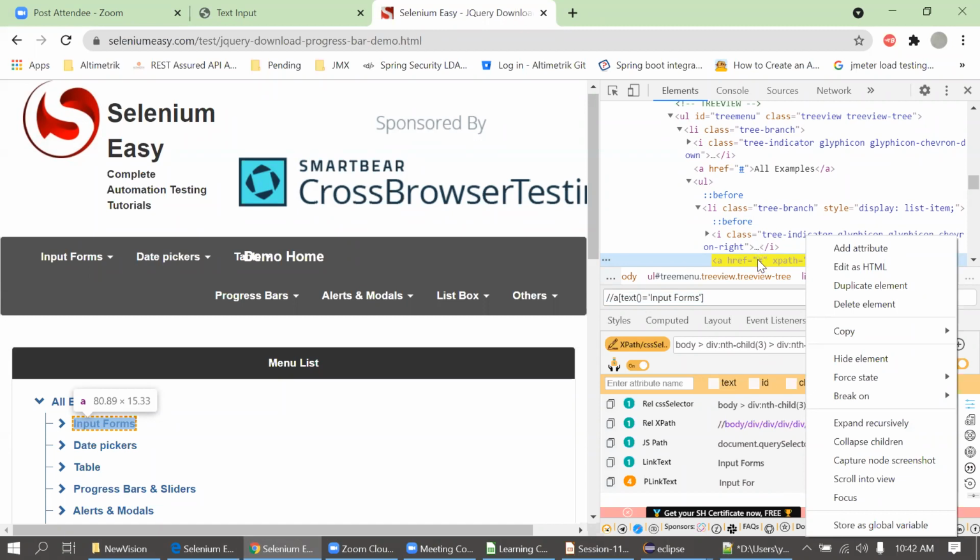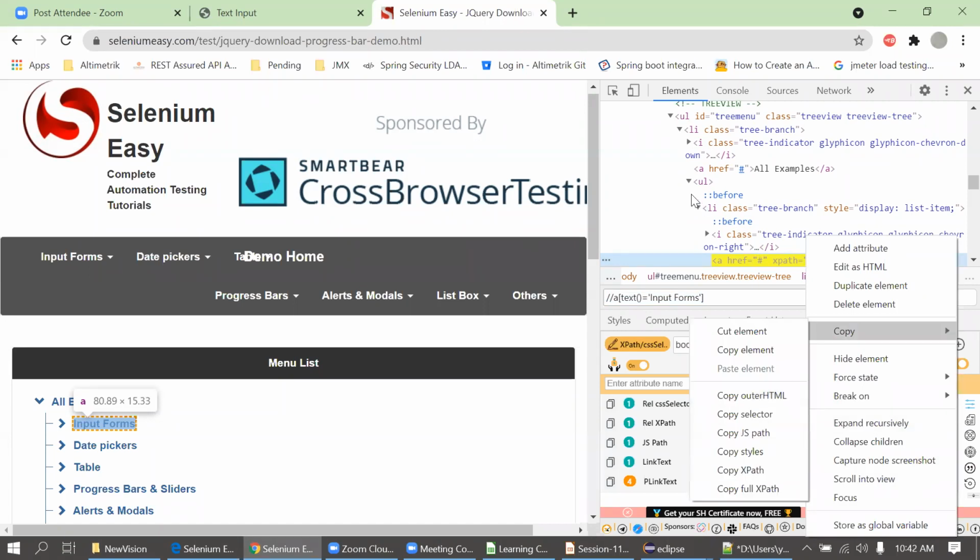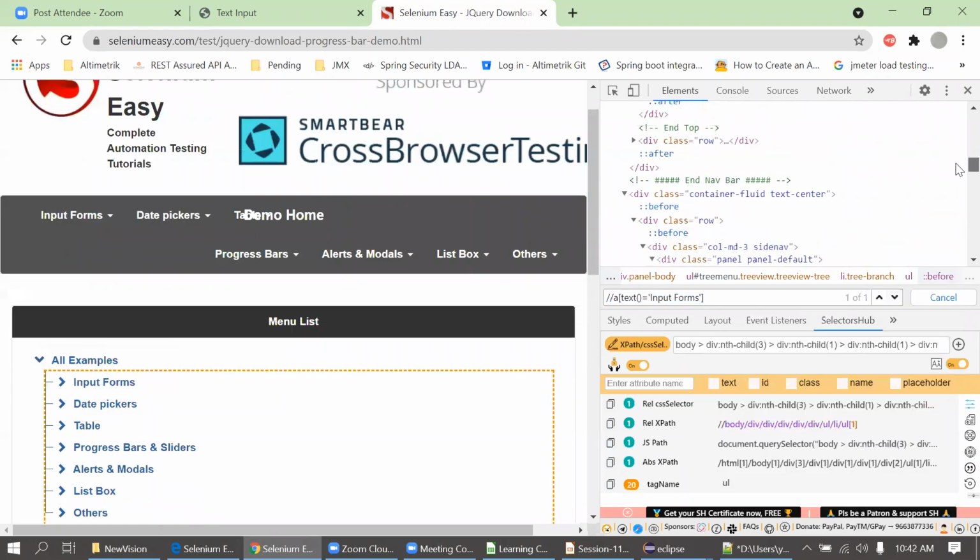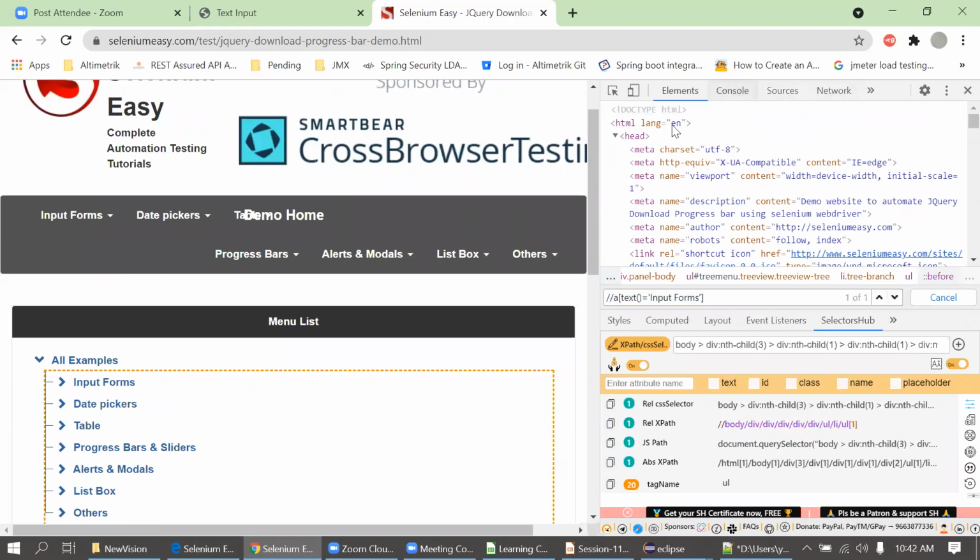Suppose I want to copy the locator from here: copy, and copy XPath. It will simply go through this DOM structure, copy the tags, head, HTML, look at the hierarchy, and based on that, blindly create the locator. It will not give an optimized locator when we use this developer option. In the case of a plugin, they have written some logic to reduce the length of that XPath, and the XPath will be such that it will not change. Suppose there is some change in the application due to new development.